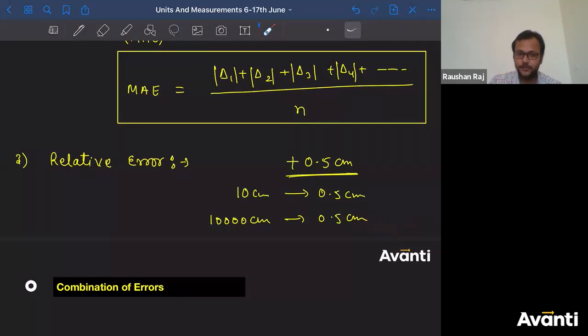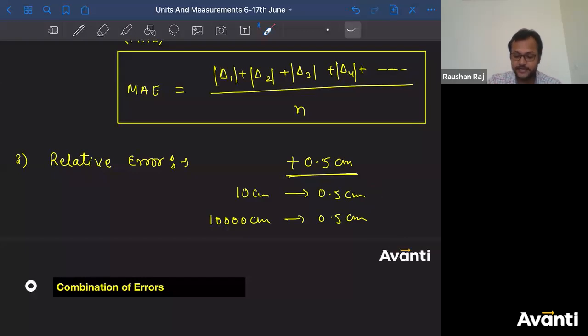So absolute error does not give you that this error comes out of what? कितने में कितना error है? That does not give you this idea, कि what was the true length? This particular absolute error does not give to you. But relative error. Now, if you find this relative error, मतलब क्या है?